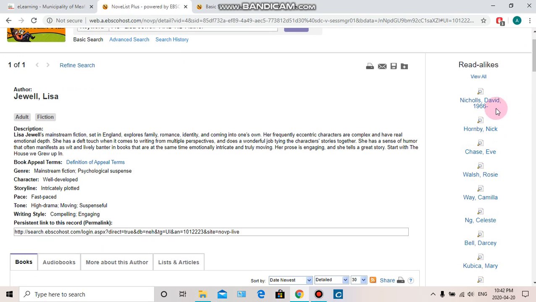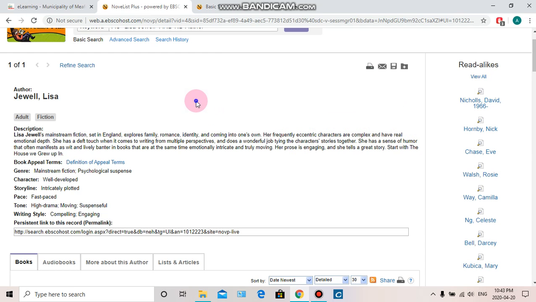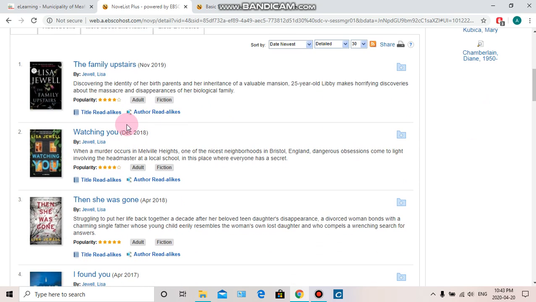So if we hover our mouse over a name, we can see that a little window pops up with some information. It tells us the author's name, a description of the author, and the reason why NoveList has suggested them as being a similar read to Lisa Jewell. Alright, let's say instead that the only book of Lisa Jewell's that we have read is Watching You, and that we're interested in another book similar to it. So let's click on that title,